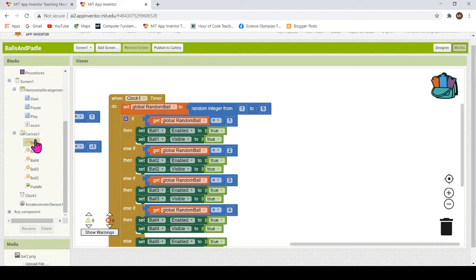But now we want that whenever the ball touches the paddle, the ball should vanish. After the ball touches the paddle, the first thing I want is that it should play a sound. And after playing the sound, the ball which hit the paddle will become invisible, and it should start again from the top, from where it had gone.